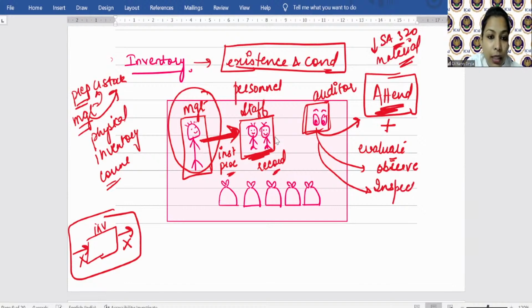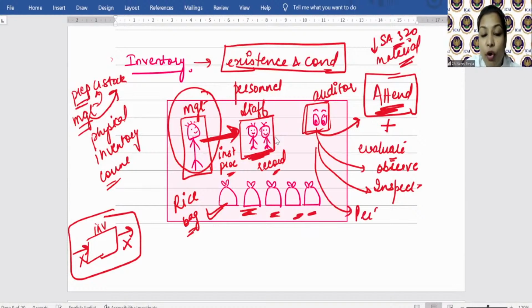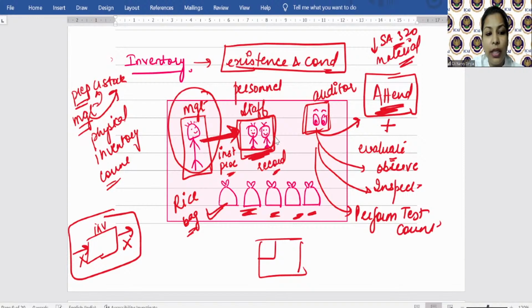इंस्पेक्ट द इन्वेंट्री। सपोज दीज आर राइस बैग्स, तो इंस्पेक्ट भी कर लो, फिजिकल एग्जामिनेशन ऑफ एसेट, कुछ बैग्स को इंस्पेक्ट कर लो। एंड परफॉर्म टेस्ट काउंट। जो स्टाफ ने काउंटिंग की है, दोबारा से आप भी कर लो उस काउंट को। फॉर एग्जाम्पल सपोज दिस इज द गोडाउन, इस वाले एरिया का स्टाफ ने काउंटिंग कर दिया, आप भी रिकाउंट कर लो इसको। टेस्ट काउंट इज व्हाट? इन्वेंट्री काउंटेड बाय द ऑडिटर टू चेक द क्लाइंट्स काउंट। सिंपल है ना, बहुत लॉजिकल है। आपको एग्जिस्टेंस देखना है कि जितना इन्वेंट्री लिखा है, 10 करोड़ का इन्वेंट्री है, वो एग्जिस्ट करता है या नहीं।